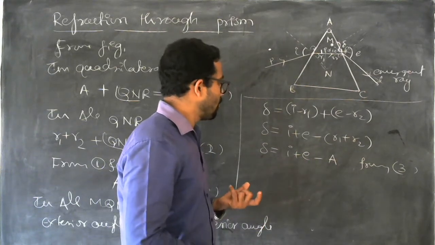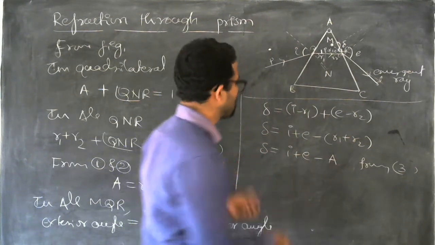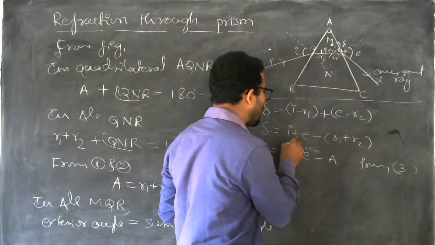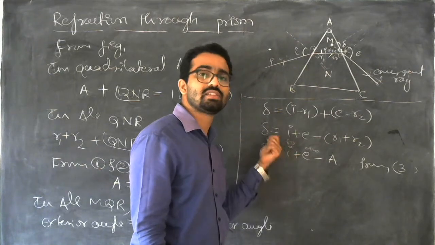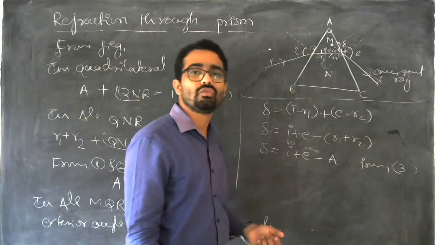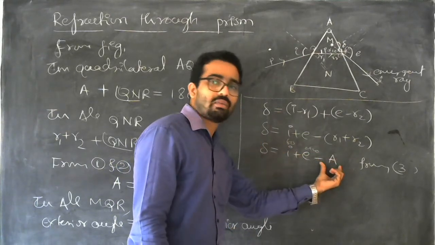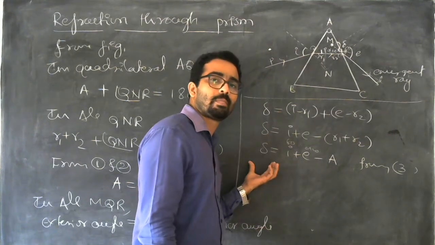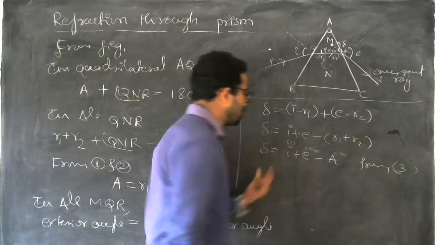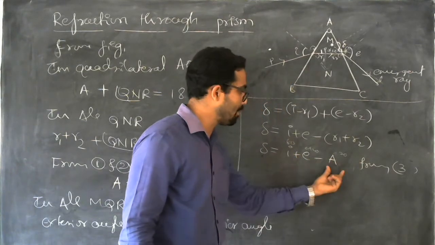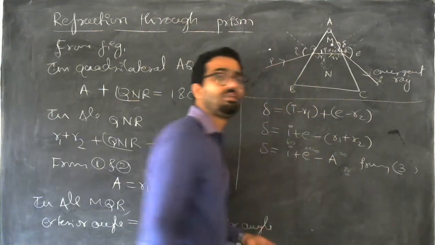That means, for example, if you interchange the values of I and E here, for example, let's say E is equal to 40, I is equal to 60. As an example, we got the angle of incidence as 60 degrees, the angle of emergence equal to 40 degrees. If you add these two and subtract the value of A, you will get some value of delta. For example, let A be equal to 20. Okay, 60 plus 40, 100 minus 20, 80. And 80 degrees is the angle of deviation.